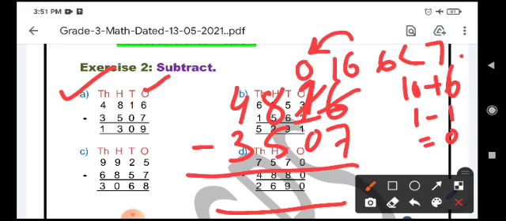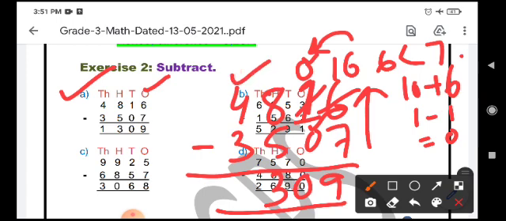So now we will do the subtraction of ones. 16 minus 7 is 9. 0 minus 0. Numbers are the same. 0 minus 0 is 0. Then subtract the hundreds digits. 8 minus 5. 8 is greater than 5, so you can do the subtraction. You are having more on top. No need to stop. 8 minus 5 is 3. 4 minus 3, more on top. No need to stop. Subtract thousands digits. We will get 1. So our difference that we got is 1,309.